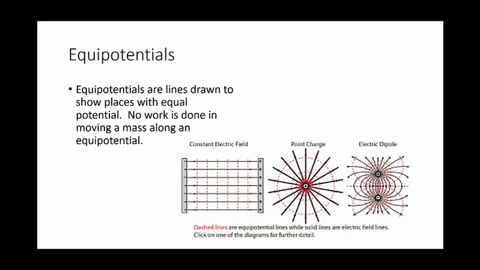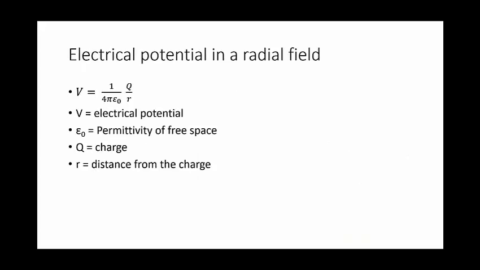Okay, just like with gravitational potential, we use the concept of equipotentials when we're looking at electrical fields. Equipotentials are lines that are drawn to show places with equal potential. And if we're moving something along an equipotential, we don't do any work. So in these diagrams, the equipotentials are shown as the dotted red lines. And you can see that going parallel to the plates in a uniform field, or in circles around the charge in a radial field, will be an